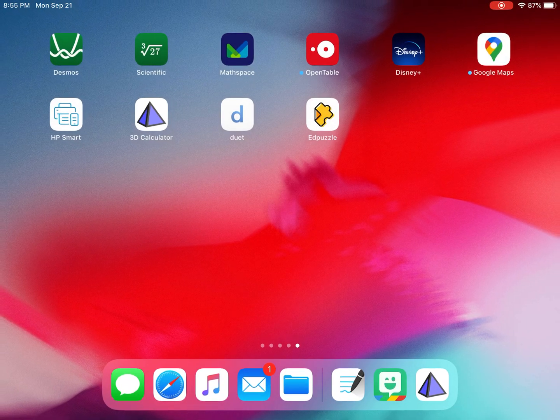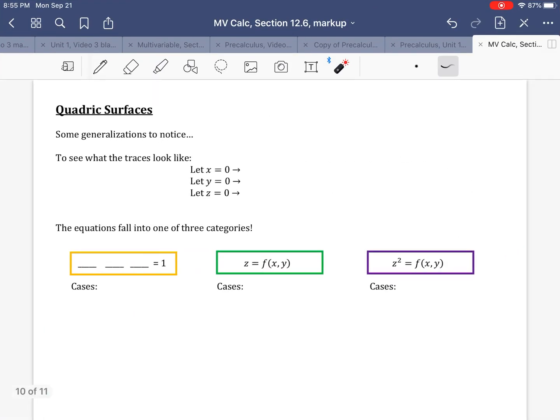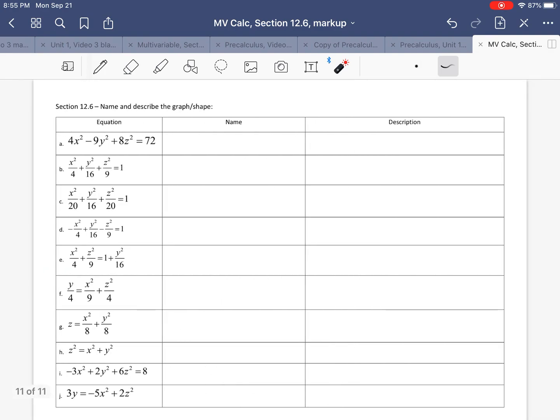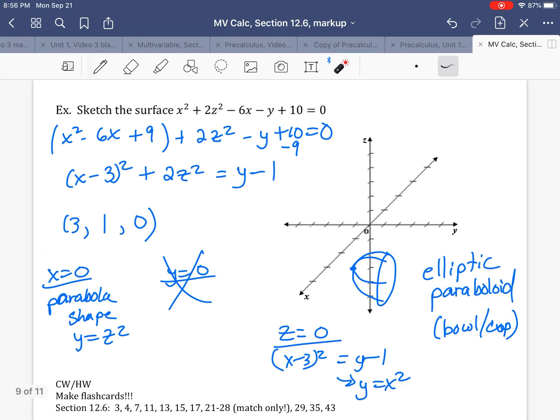So pretty nifty. All right, so don't worry about these problems down here. We'll talk about those in class. Also, don't worry about this. We're going to do this in class where we're going to try and summarize things, like a little cheat sheet in a way. Also, do not worry about this. I might have you do that in class. I don't know. It's just going to be like a little practice to recognize the shapes and tell what's going on with them. All right, so